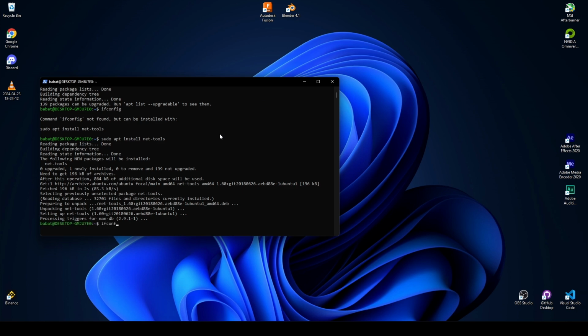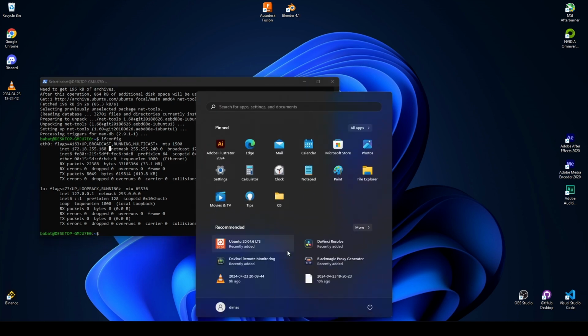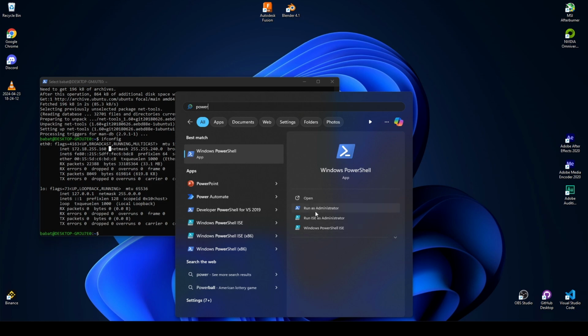Then ifconfig, and now here we get the IP address. Now we need to open PowerShell again, run as administrator, and click yes.